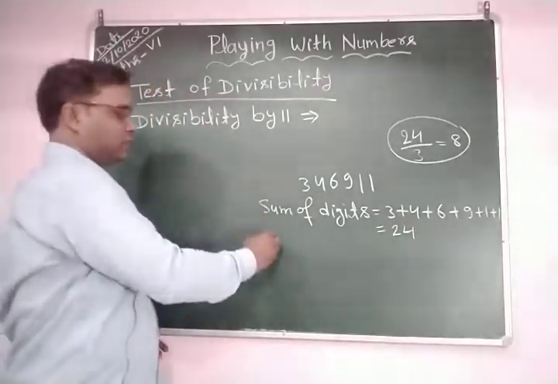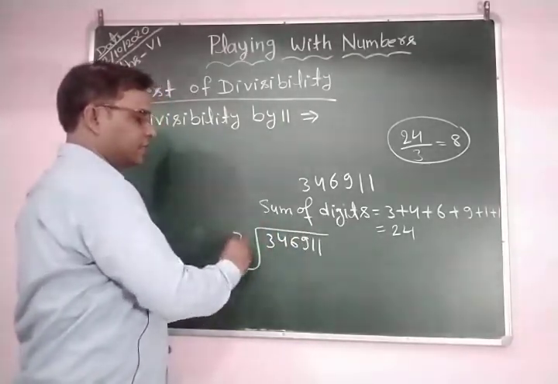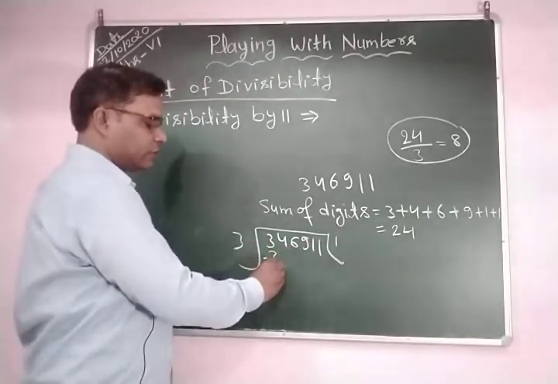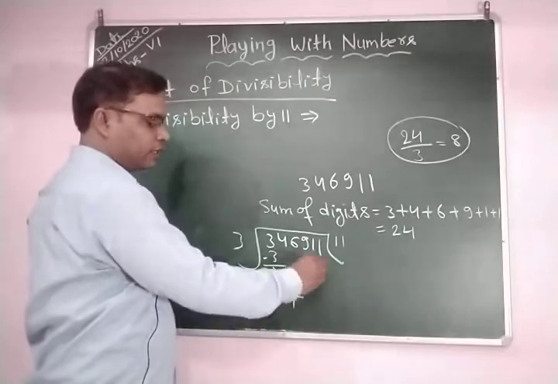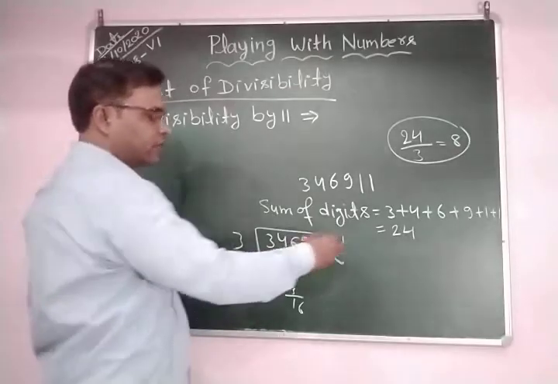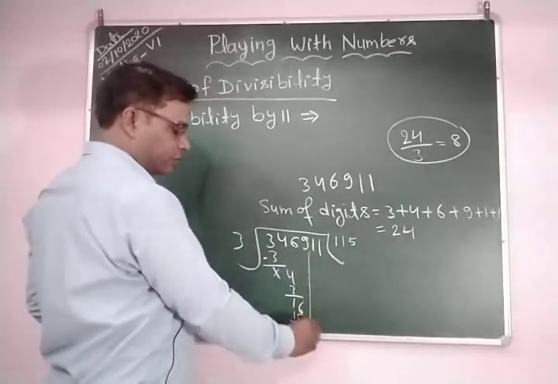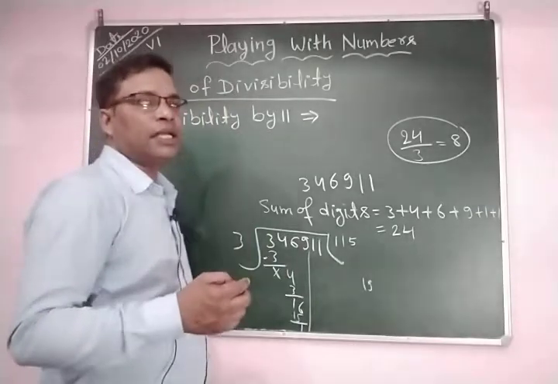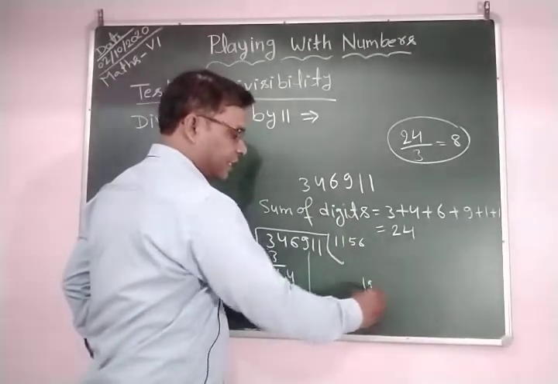So we divide 3, 4, 6, 9, 1, 1 by 3. 3 ones are 3. You know how to divide very well. This is cancelled. We bring down this 4, and again 3 ones are 3, carry 1 and bring down this 6. This is 16. How many times? 5 times. 5 threes are 15. This is 1. Again bring down 9. This is 19. How many times? 6 times. 6 threes are 18. Subtract them.